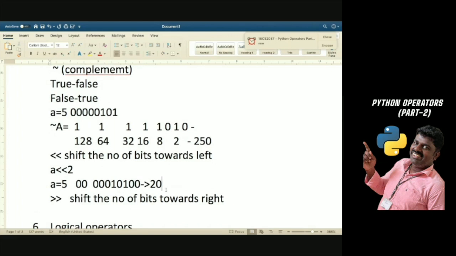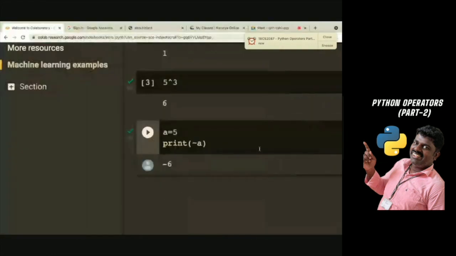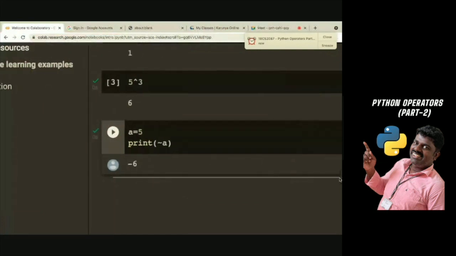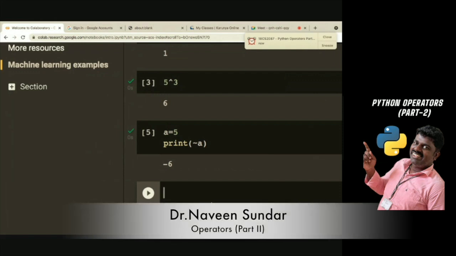So we will check whether left shift is working or not. One second, go to Colab. Got it? So please, everyone, have a notebook in your hand and start working. Then only you will know whether you are getting the correct answer or not. Otherwise, you will not know what is happening, right?